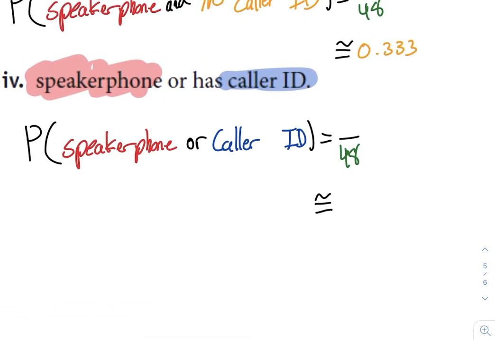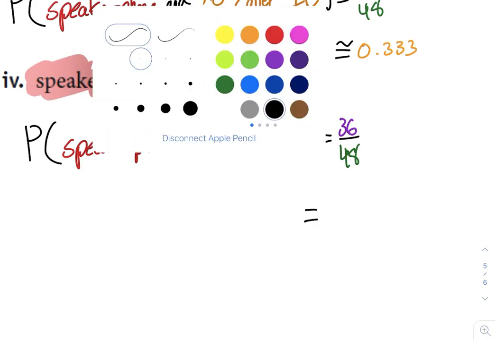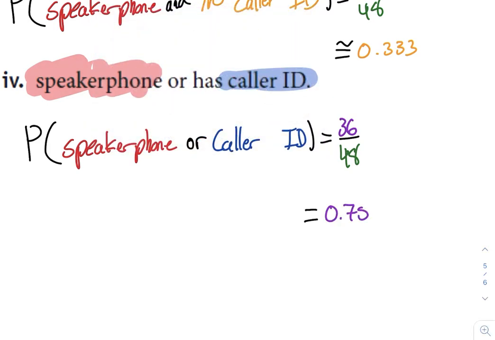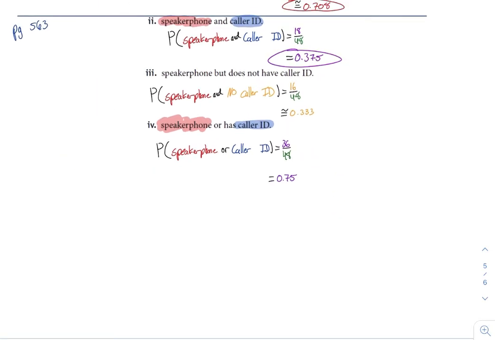So that's what we're going to put here. 36 out of 48. But they want you to find the decimal. So 36 divided by 48 is exactly, so I don't need the approximation sign, 0.75. All right, and I know it says around the 3 decimal places. You don't have to put the 0 after the 5. You could just leave it as the 2. Okay,